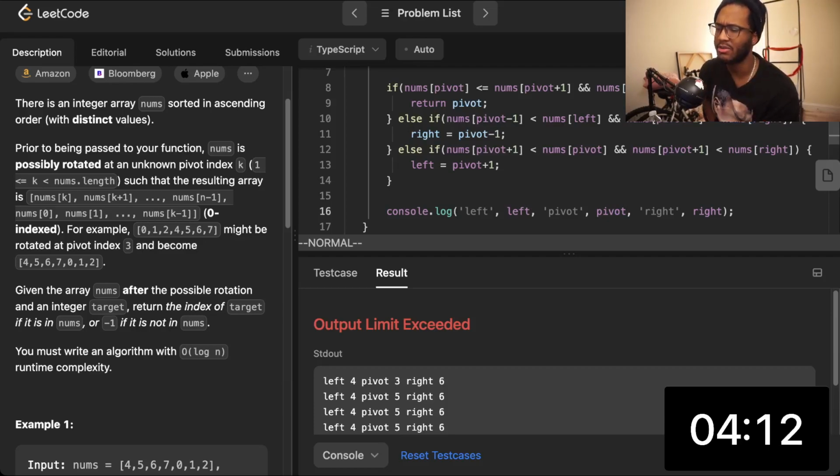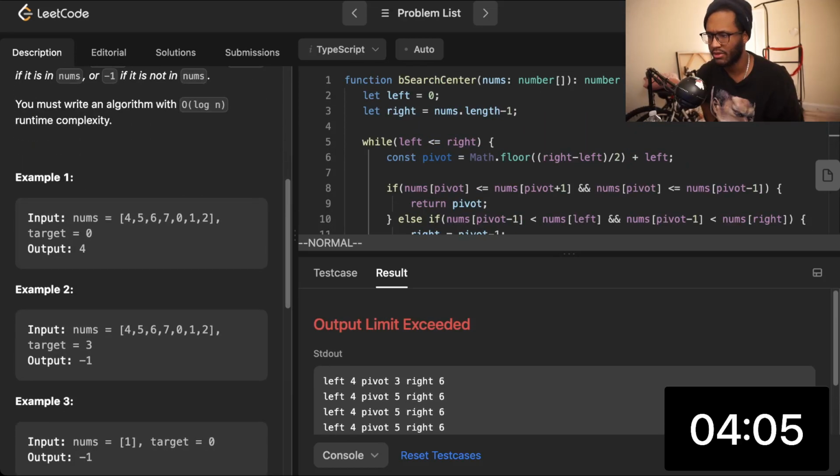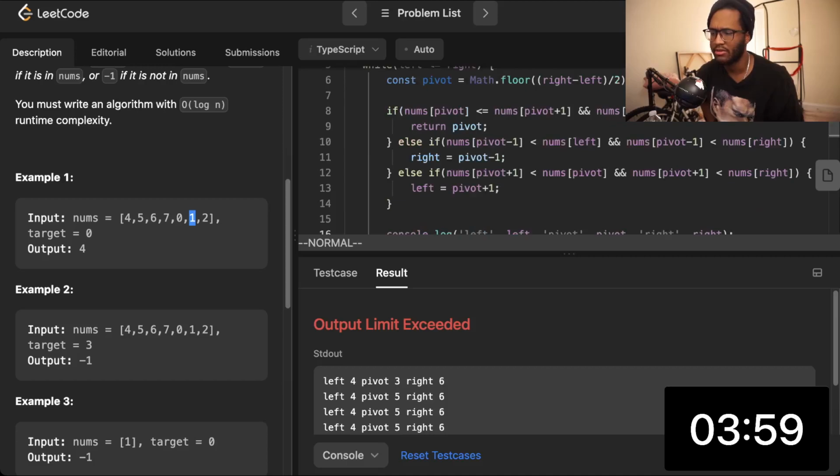Then we go to the next one. It is 5, 0, 1, 4, 5. Okay. 0 is not less than